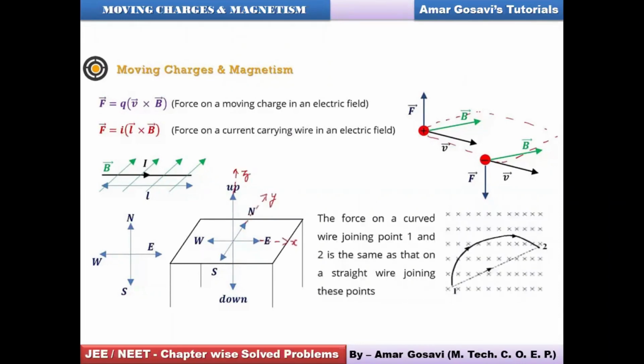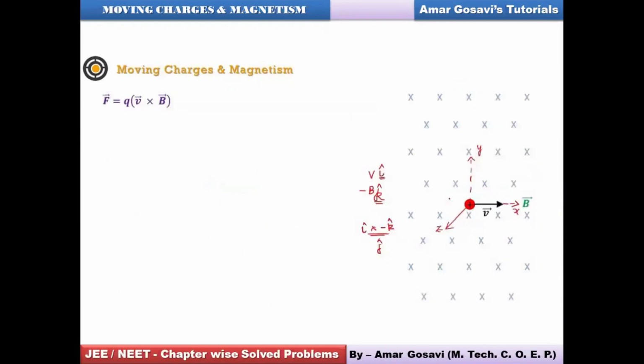All right. So let's have a look at it. This is something which we have studied earlier also. So the direction of the force. Now, if you can see, if you put the velocity along positive x, magnetic induction along negative y, because cross means inwards, the cross product of these two, V and B, will give you the direction of j cap. So obviously, the direction of the force would be somewhat like this.